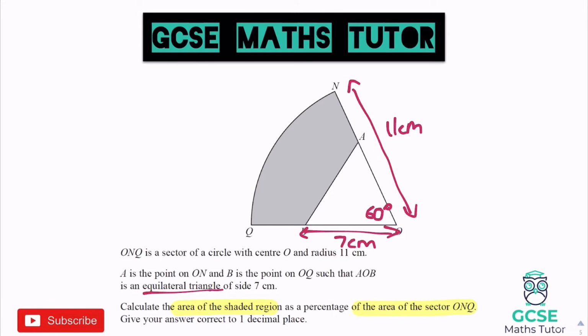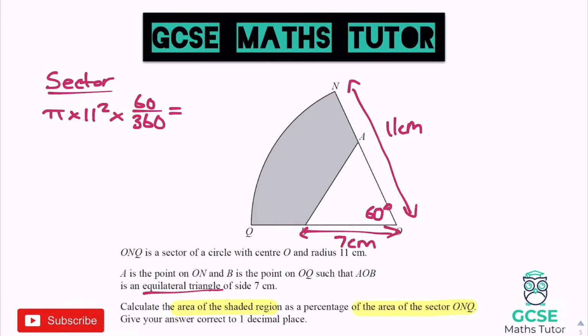Right, okay, so we'll have a look at this. We need to get the area of the shaded region, and we need the area of the sector. So first of all, we can get the area of the sector. Let's keep this all nice and tidy. We'll label this up. To get the area of the sector, we're going to do pi r squared, the radius is 11, so pi times 11 squared, times 60 over 360. There we go, 60 out of 360 for that circle sector. So that gives us a final answer of